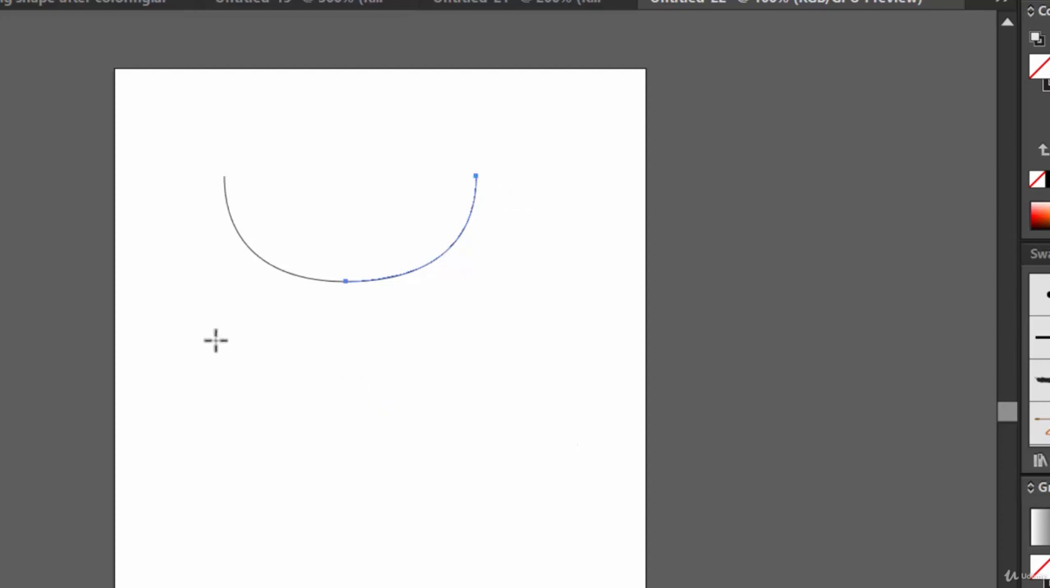So you can draw an arc just like this, and you can flip the arc just by pressing the keyboard shortcut F. That's it. And another thing to notice is that